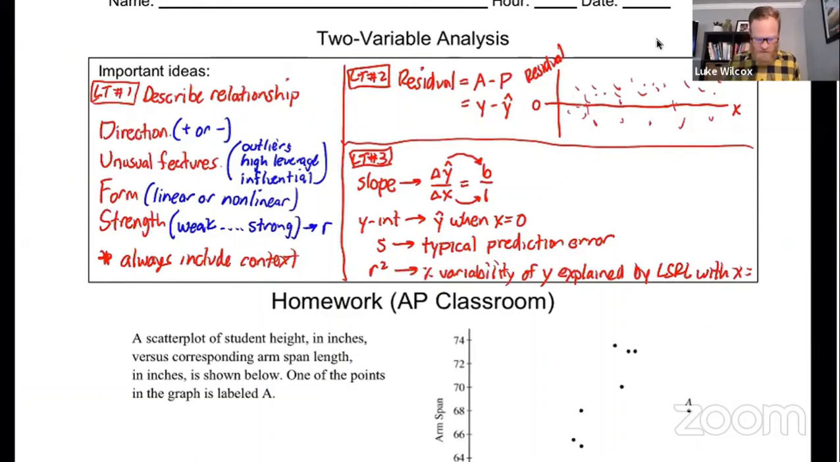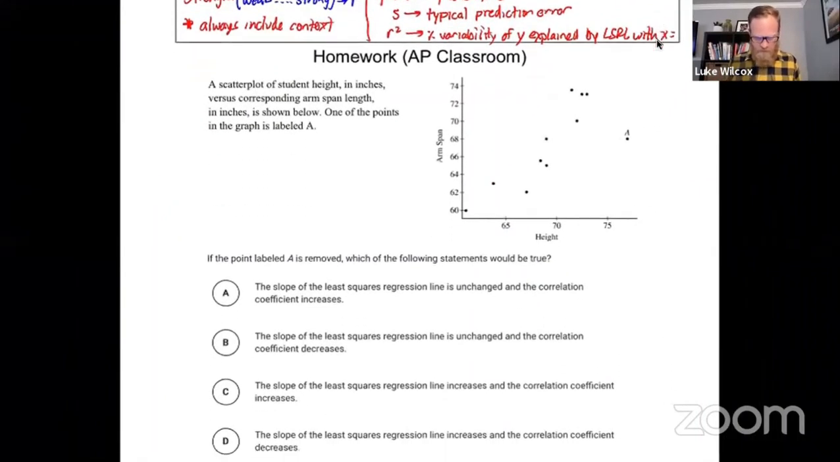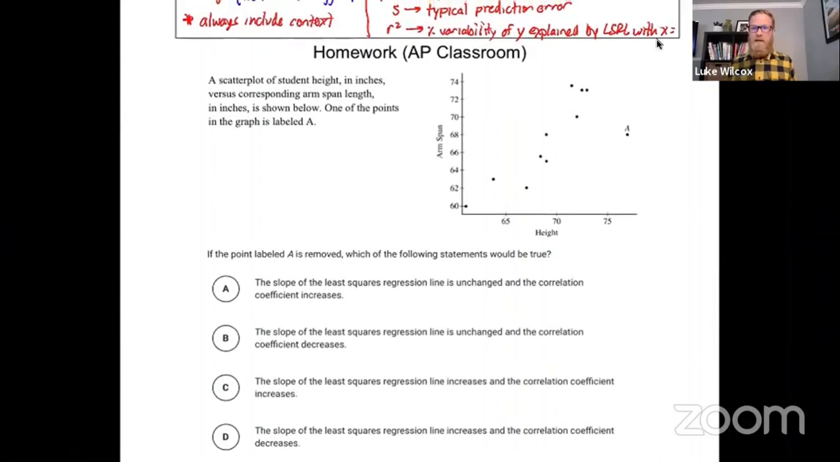All right, so the next thing that you'll see on here is your homework problem, one simple multiple choice problem that I've taken from AP Classroom that I'd like you to try before you check in with Mr. Murphy tomorrow. I sure hope that today